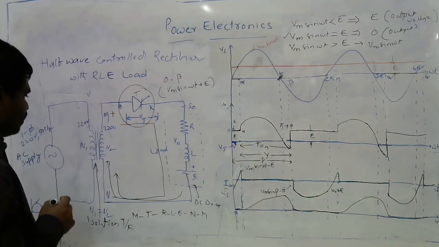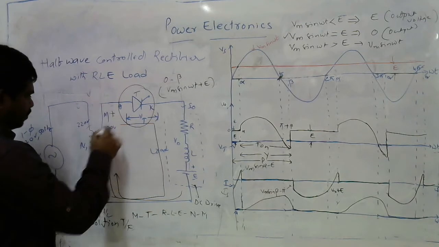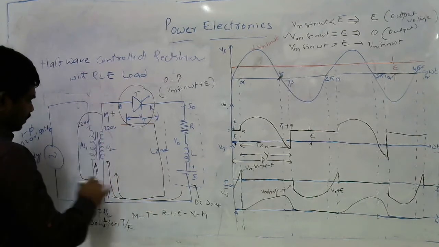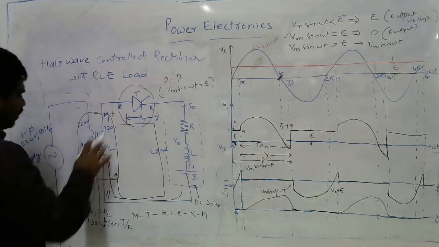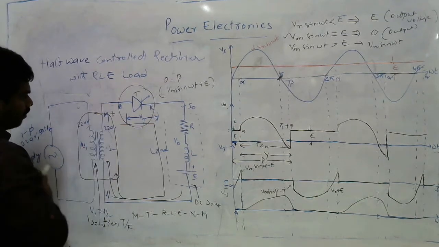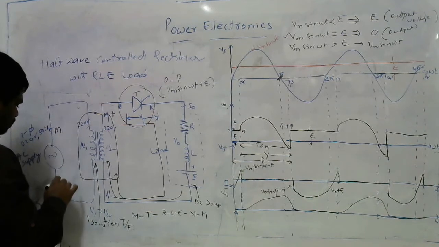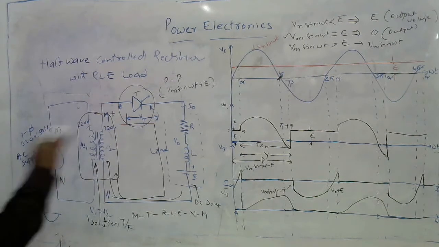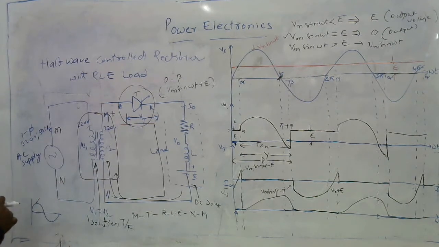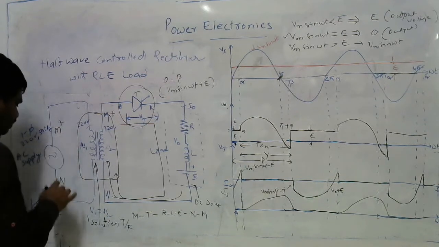Another thing that we have to analyze is, suppose this current path is absent in the circuit, or sometimes we take it like that. If it is absent in the circuit, then what happens? Let us give names for this: M terminal and N terminal. This is my direct AC source, that is connected to one PPU, power processing unit. In that case, what happens? Current is coming out from this like this.